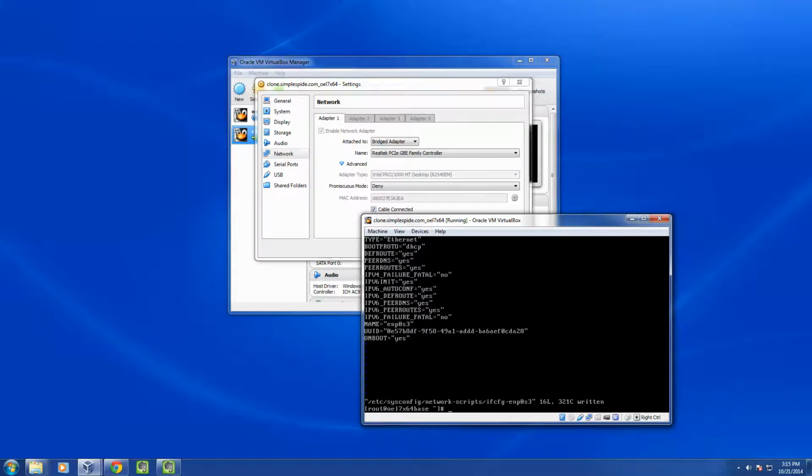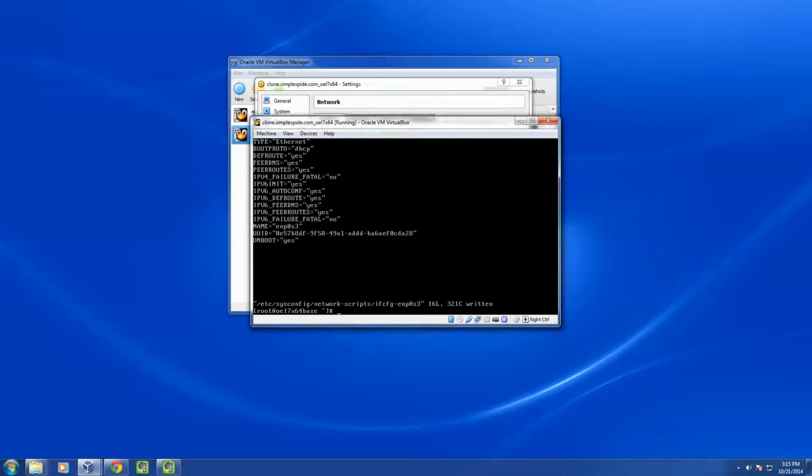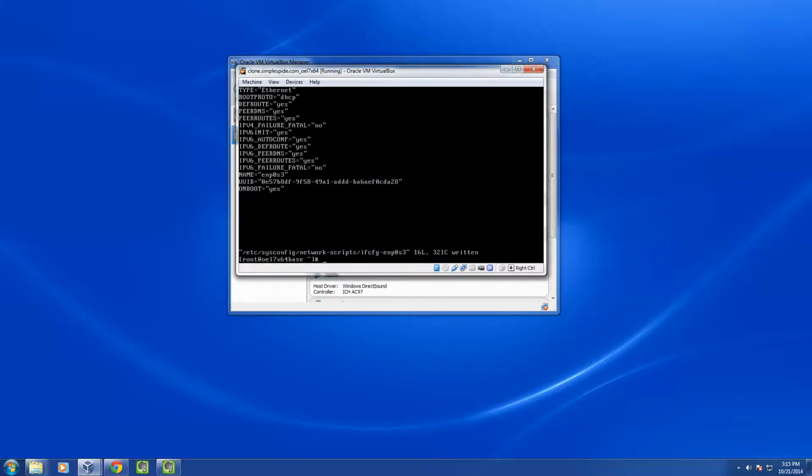So if you're used to Linux 6, in Linux 7 there's a couple differences here. It starts to use systemctl as its controller. If you use the service command to restart your network, it will restart, but it'll forward your command to systemctl. So in my case, I'm going to go ahead and type in systemctl restart network,